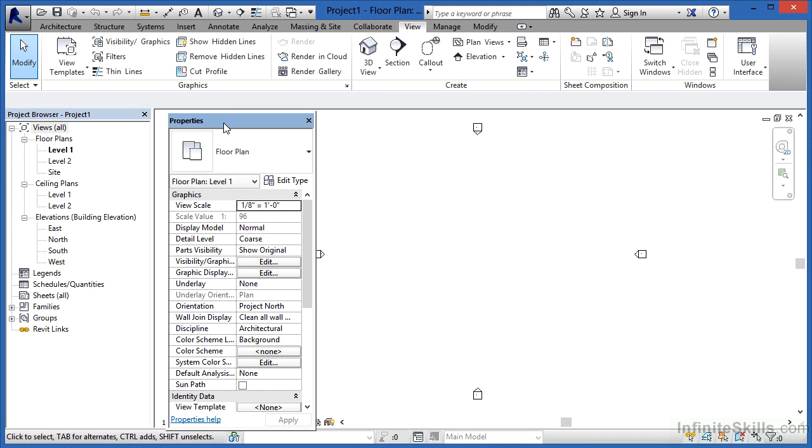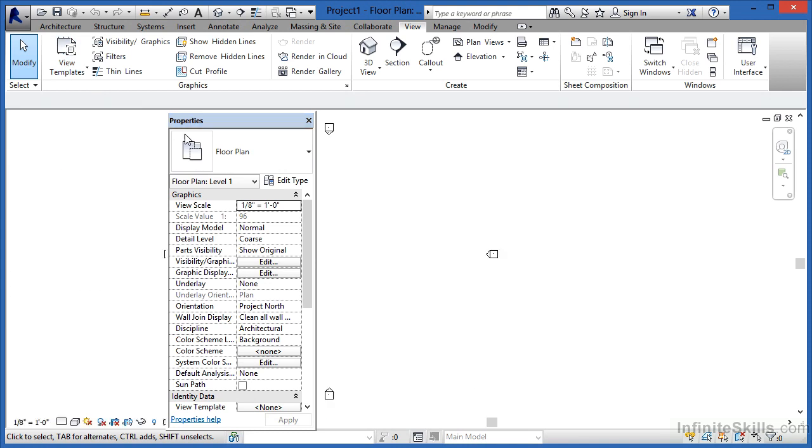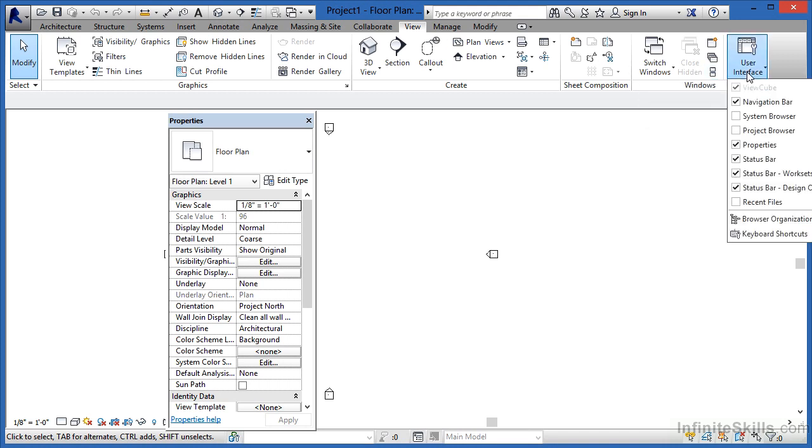Also, if you do like the fact that those two were docked on top of each other the way that they were, I want to point out that there's an interesting thing that can accidentally happen. If you're moving around and you're starting to activate commands up here on the screen, you may accidentally click an X in the upper corner and close one of them down. If one of them ever gets closed down, it's not immediately evident how you get that to be brought back up again. So to get them back, come up here to the View tab, select on User Interface,